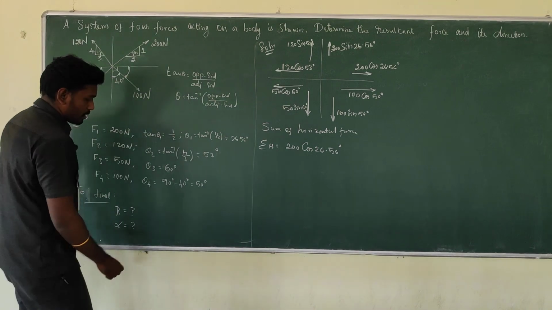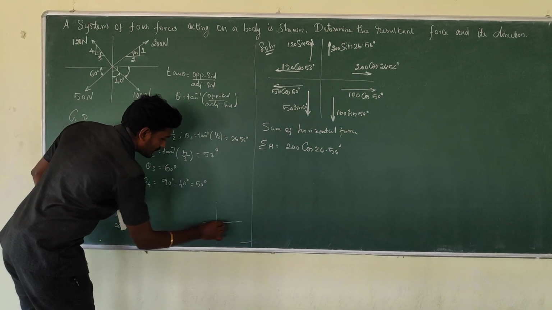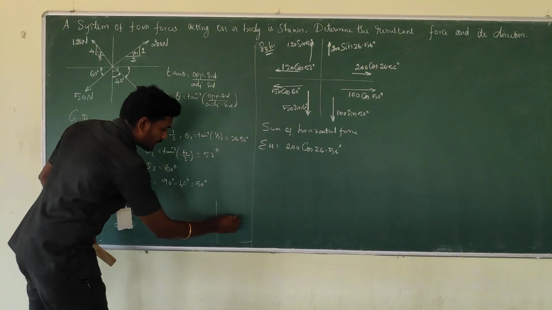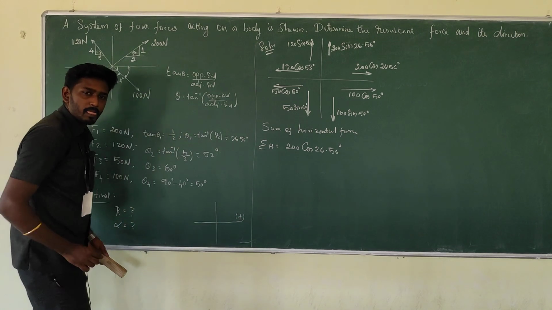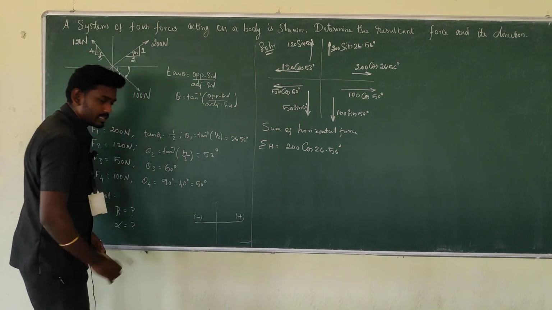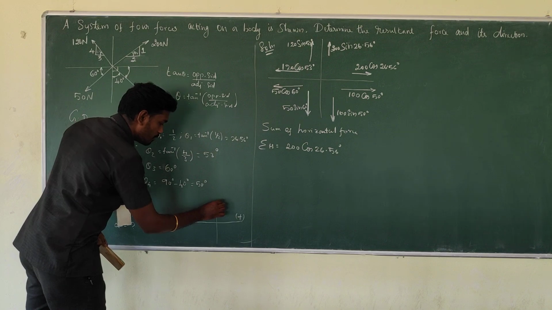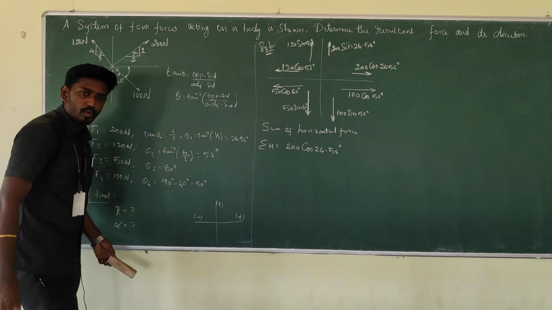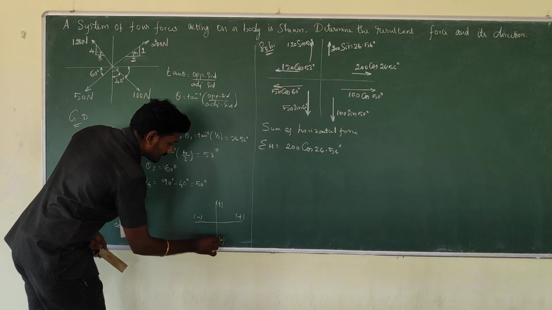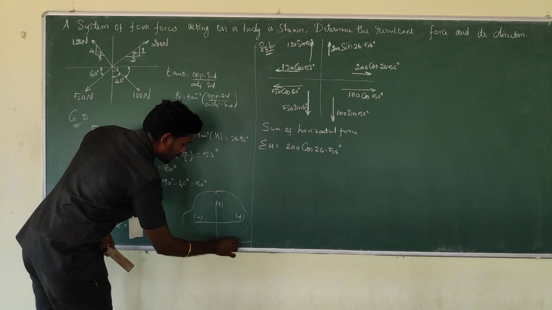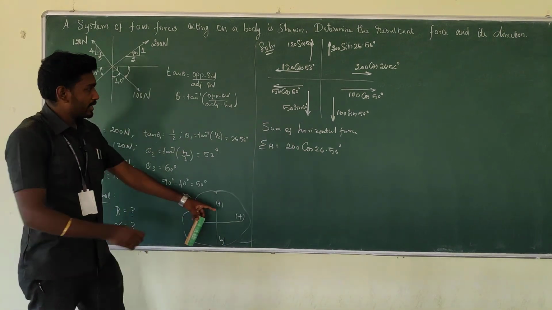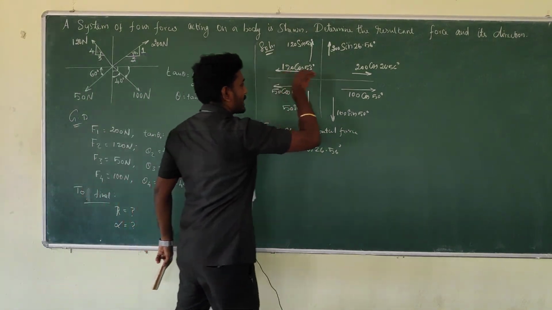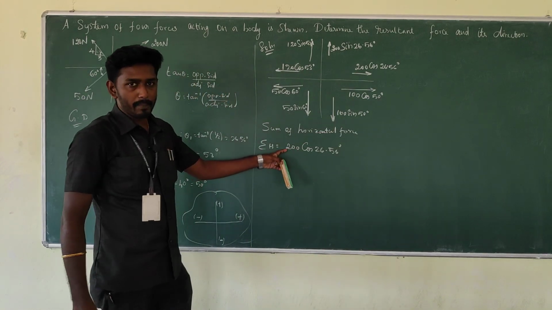We know when the force is directed horizontally right, it is positive. When it is left, it is negative. When it is vertically up, then it is positive. Vertically down, it is negative. This is the sign concern. So it is directed to the right, so it is a positive one.